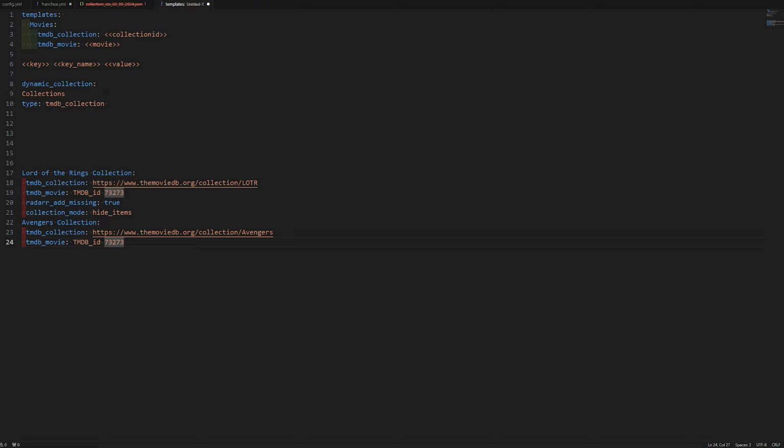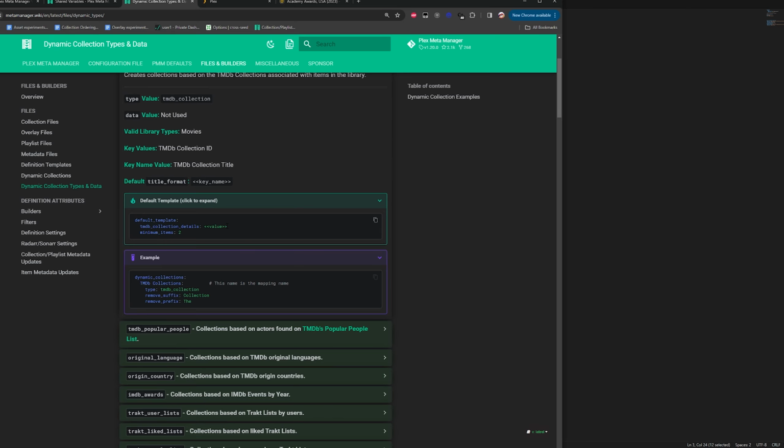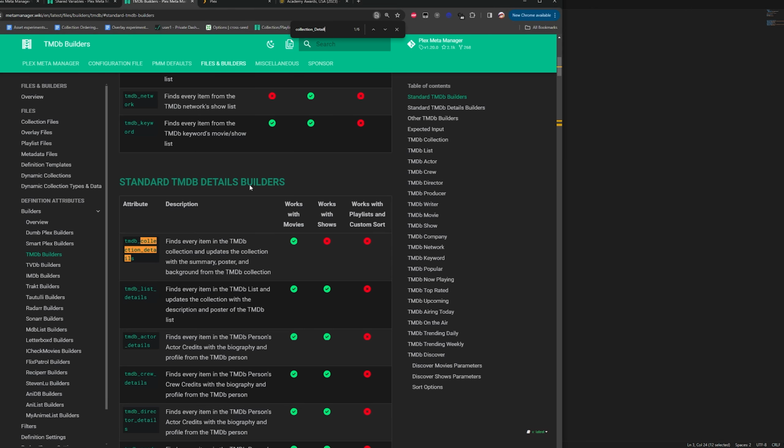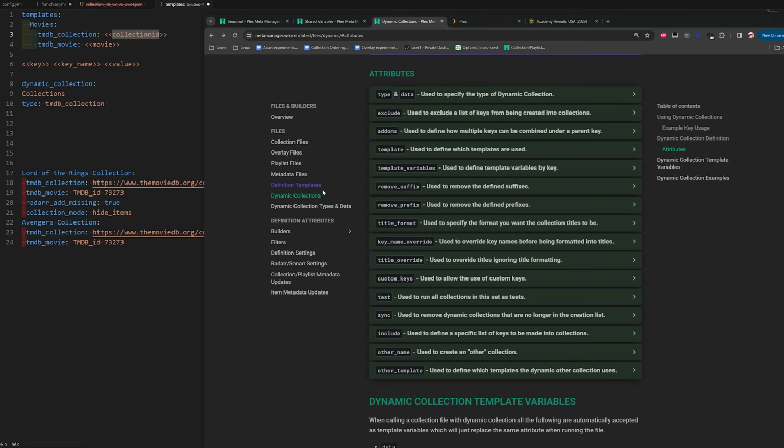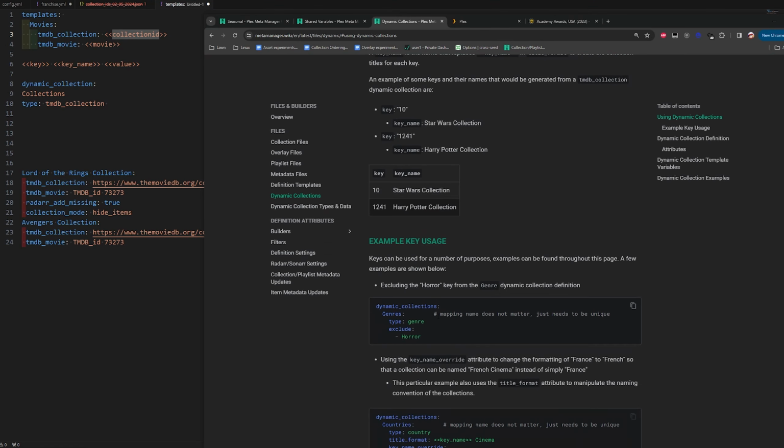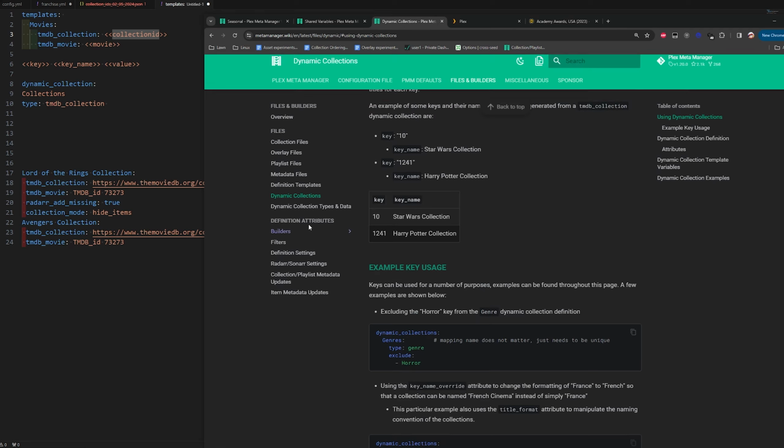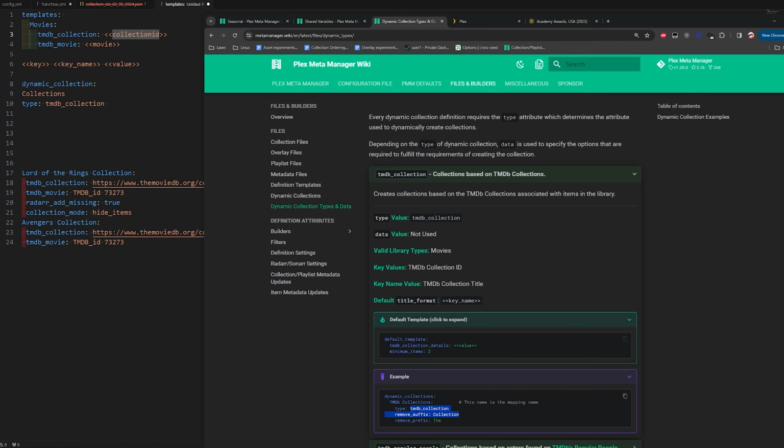We don't have to always specify, oh, for TMDB collection, it's going to be a collection ID that I'll have to manually state in there. So TMDB collection utilizes this one, TMDB collection details. It finds every item in the TMDB collection and updates the collection with the summary, poster, and background from TMDB collection. So one thing to note is when you specify the type right here, when you say type TMDB collection,